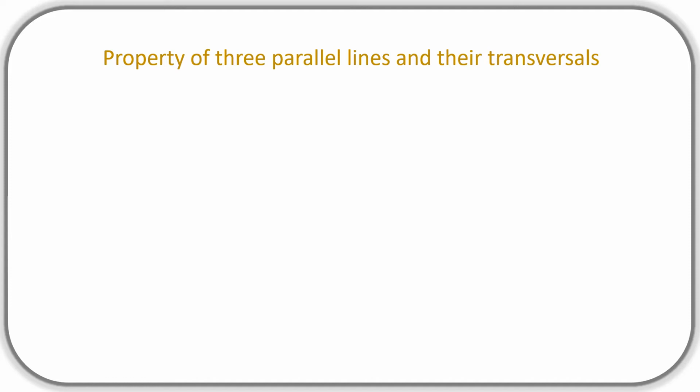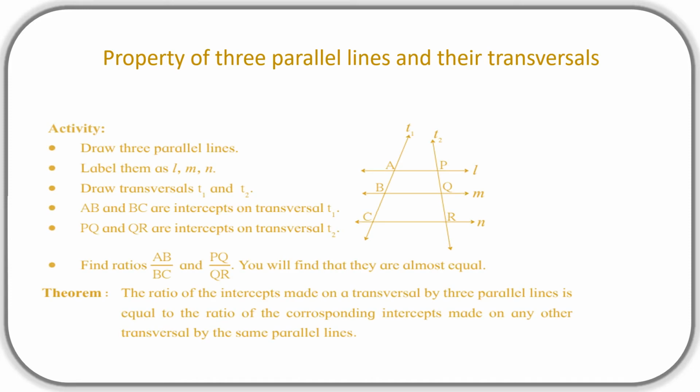Property of three parallel lines and their transversal. Look at this: three parallel lines, L, M and N, and a transversal. One is this, and this is the second transversal. Think about the first one. The parallel lines are intersected by the transversal, at points A, B and C. If I write AB upon BC, just like in the case of a triangle, then PQ and QR will also